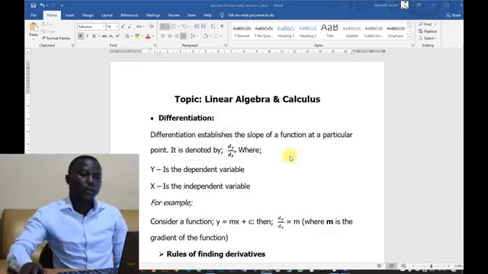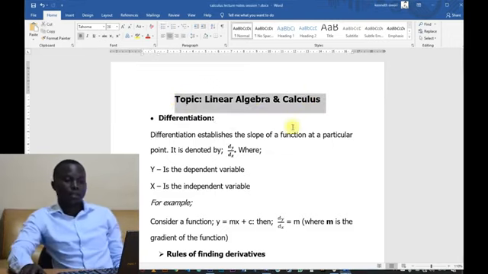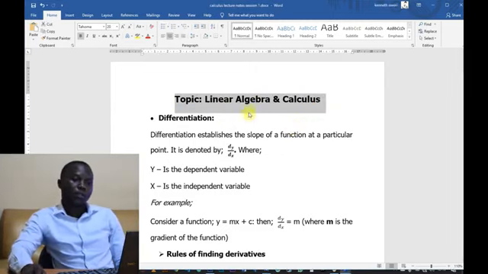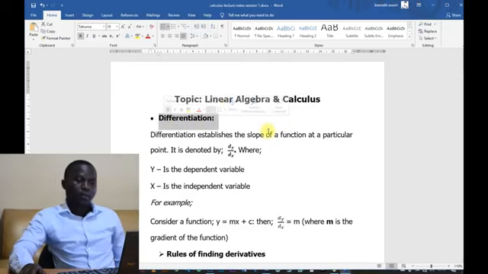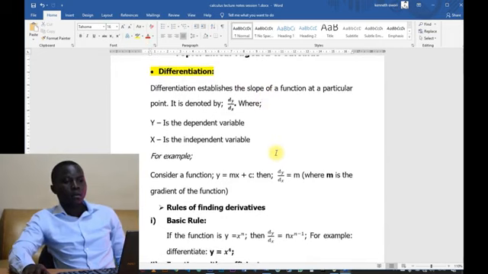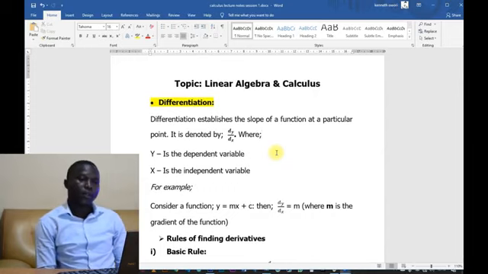So in our today's topic, we are going to look at calculus majorly, and when we talk about calculus, we majorly find that we are going to deal with differentiation and then integration. So to begin with, we shall begin with differentiation. Differentiation, that is the usual dy dx. So we find that with differentiation we have